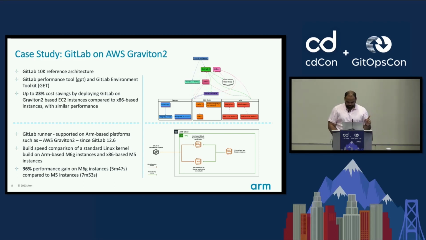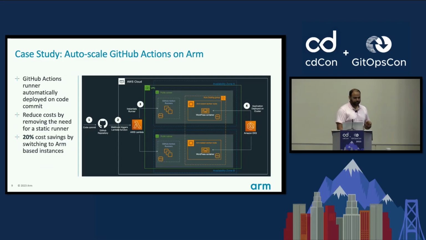So this was one. The second that we did was auto-scaling GitHub Actions. I know I have a lot of components in there, and now GitHub Actions supports auto-scaling on its own. But again, this was done a while ago, so that's why I have Lambda and everything in there. The use case was that if you have runners in your GitHub